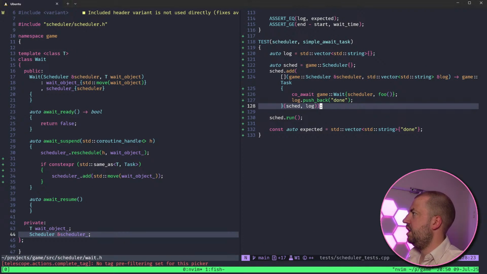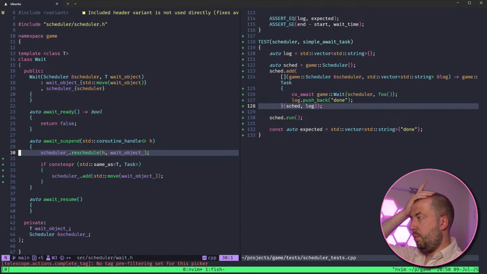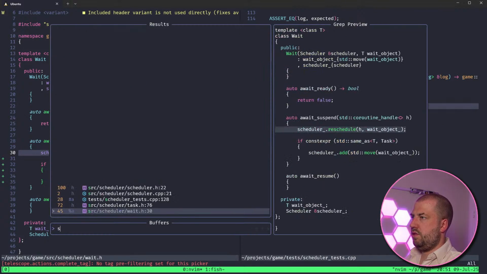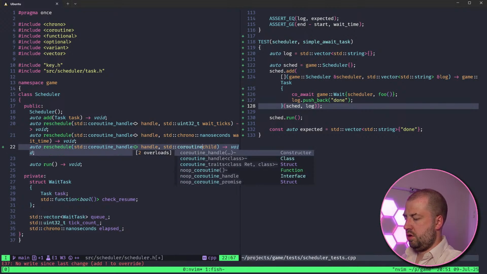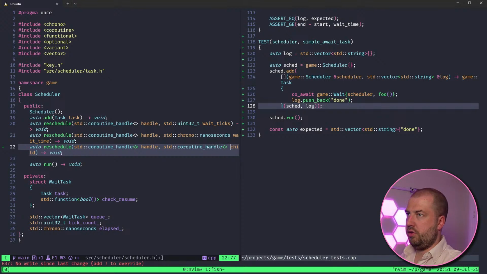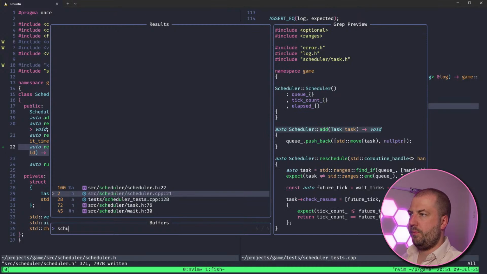So our test here schedules it. We reschedule ourselves based on the wait object, which copies the coroutine handle out, which is fine because it's copyable in and of itself. I think the answer is to go back to the coroutine handle and not worry about this, because we can just pull that out and store it all in the const explorer. All the C++ words today, I'm using them all.